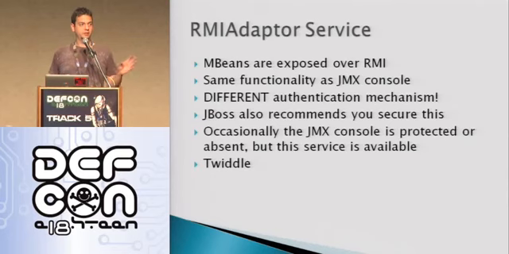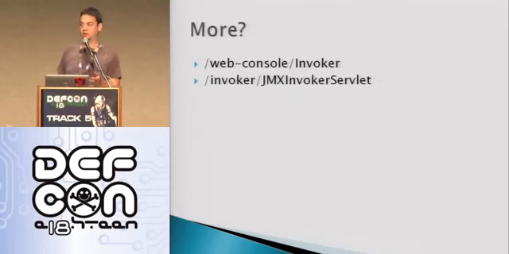At the point at which you go and secure every way to get into JMX, you've probably spent at least a whole day. I want the toggle switch that turns security on, but it's not there. JBoss comes with a tool called Twiddle. It's a command line tool that allows you to easily interface with this service. So again, you will find out in the wild places that have gone through the trouble of password protecting their JMX console, but they don't have a firewall and they've just left this service wide open. And more, again, with different configuration, different authentication mechanisms.